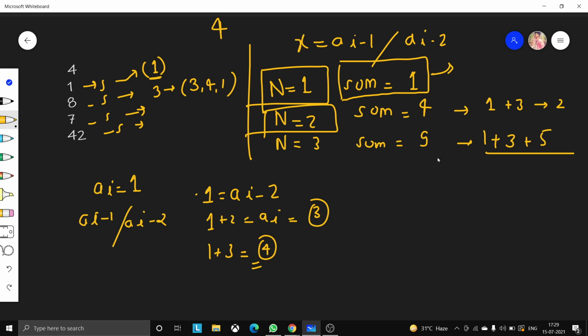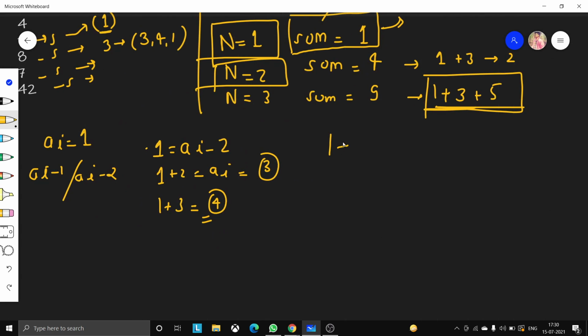I am considering here the maximum sums. So what can be done? As you can see, we have a pattern: for n equal to 1 we have 1, for n equal to 2 we have 1 plus 3, for n equal to 3 we have 1 plus 3 plus 5.